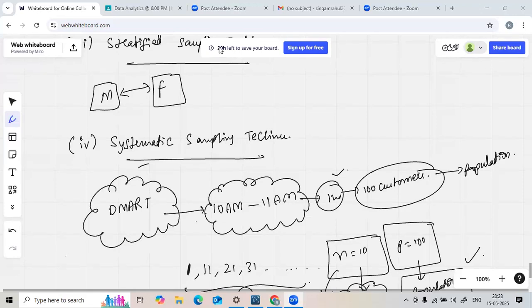What I mean to say is, instead of taking only one sample, try to take 2 to 3 samples or 4 to 5 samples and perform your survey. Based on those 4 to 5 sample surveys, if you are still getting the same output, then you can consider that in the majority of cases, you will get the same result for the population also. Okay.